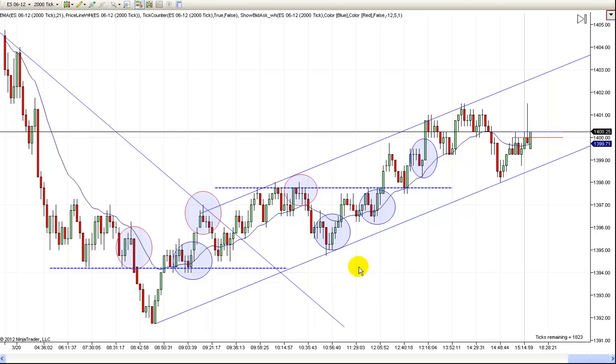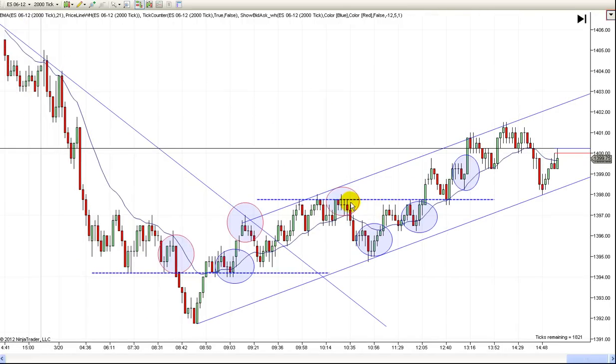And this was a second entry long, so if you saw this, and this is basically a breakout pullback second entry long, because that was the breakout pullback from that area right in there, and or you could have called it right there as well. But anyway,